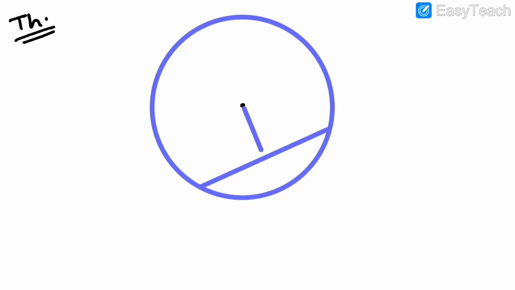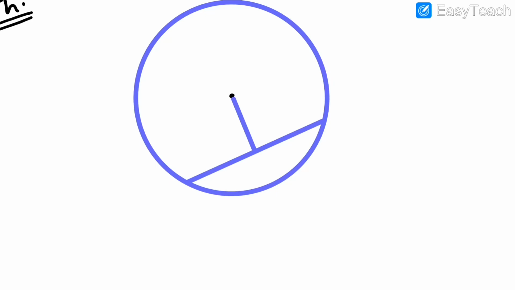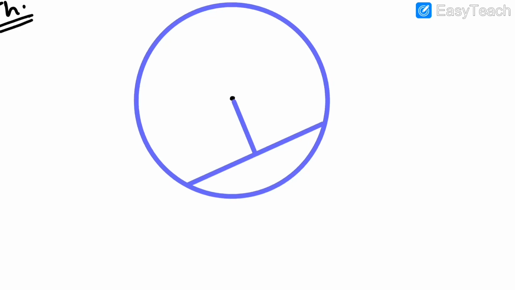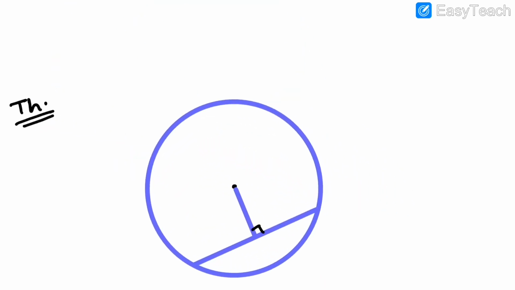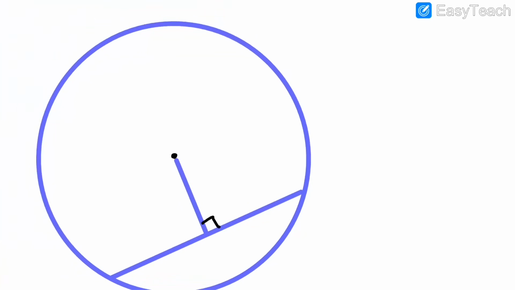So when we draw any line from the center perpendicular to this chord, okay, let's see what happens. I guess it is visible to you guys. Okay, these are the extension lines,